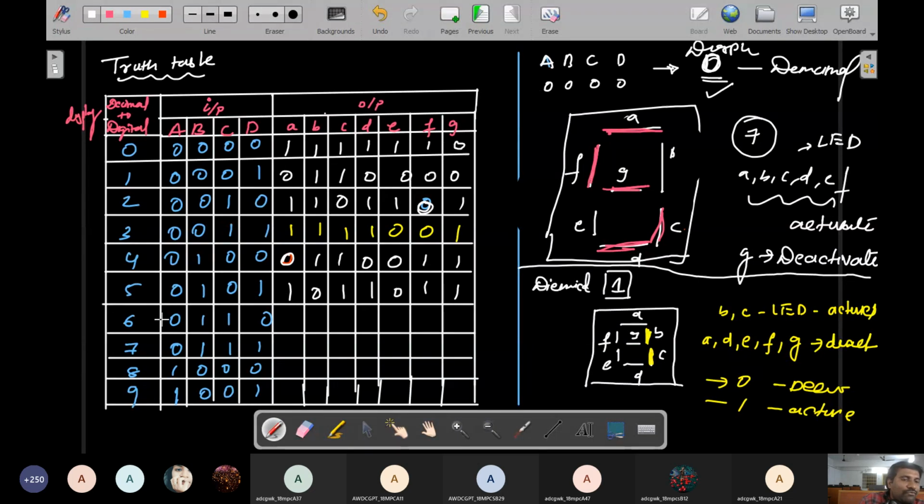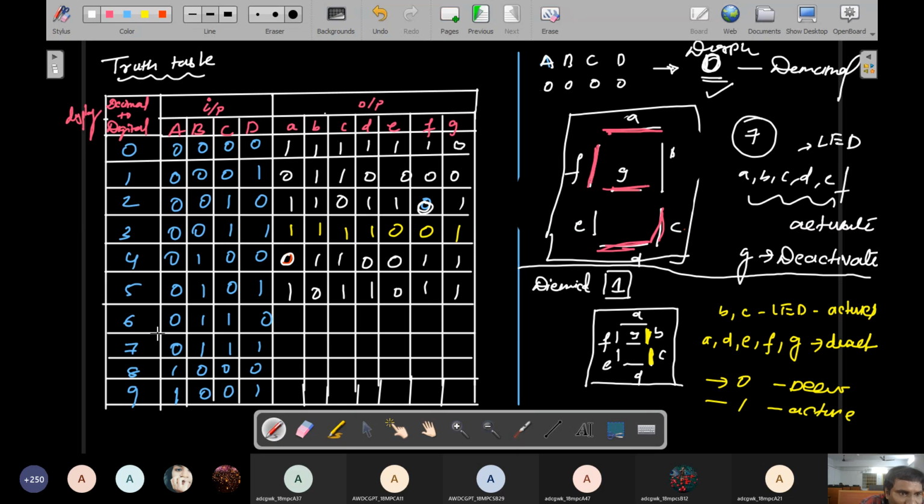So if you apply 0, 1, 1, 0 for inputs, that input is selecting the decimal 6. I'll tell you how these inputs came, don't worry, and how you will write these inputs. I used a shortcut to write these inputs, but simply don't use shortcuts. This is a decimal number. You will convert the decimal into binary, and using the decimal to binary system you can also write these inputs, don't worry.